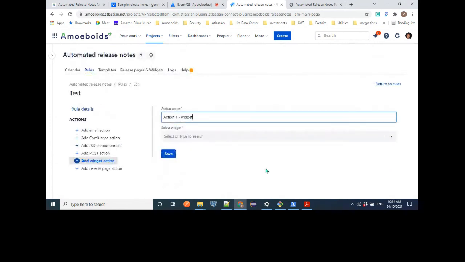Then there is a widget action. So widget is basically, I will briefly explain you what is the release pages and widgets. But widget is a small piece of JavaScript code which you can embed inside your web application, and it will start showing the